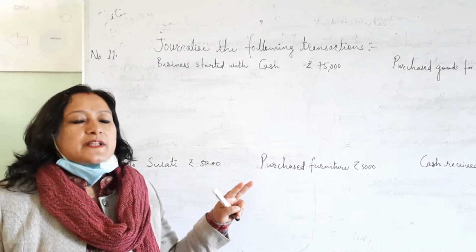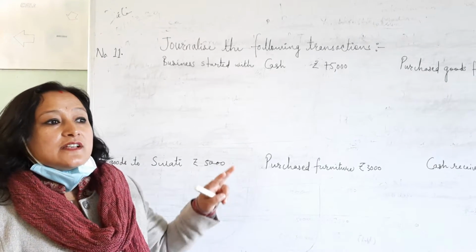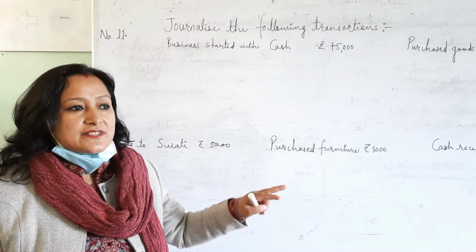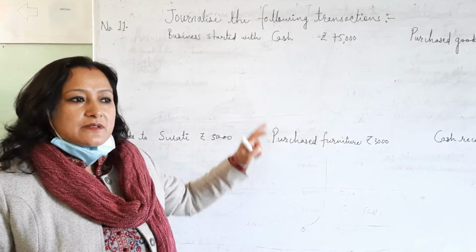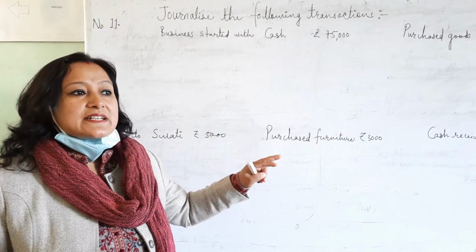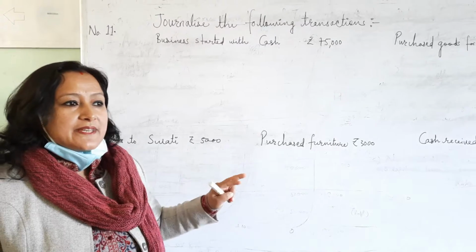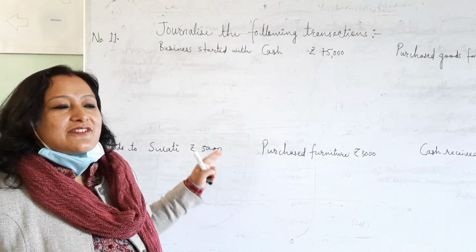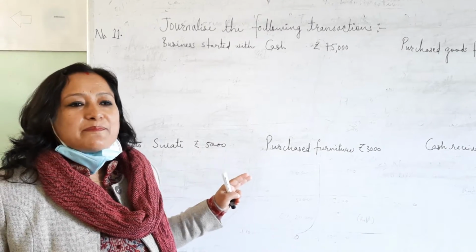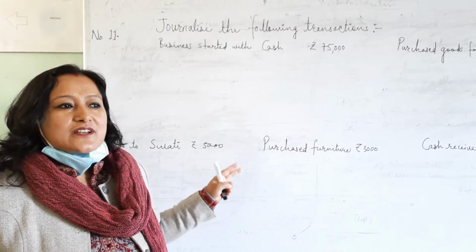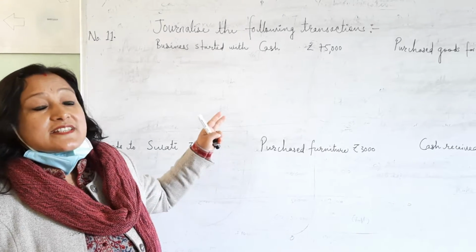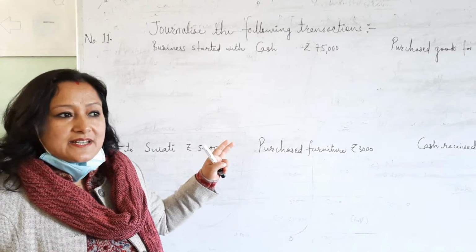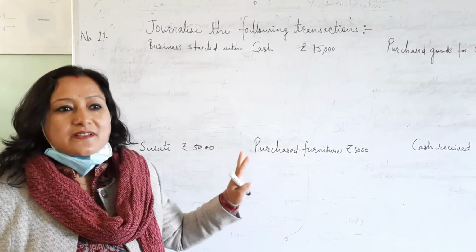So if we follow the American method of recording the transaction, then for the asset side of the balance sheet, or the expenses and losses, that means the right hand side, whatever items are there, if those items are increased, then we will be writing in the debit. If decreased, then we will be writing in the credit. Similarly, vice versa for the left hand side items of the balance sheet, that is liabilities and income and gain. If it increases, then we will be writing in the credit. If it decreases, then we will be writing in the debit. That's it, according to the American approach.